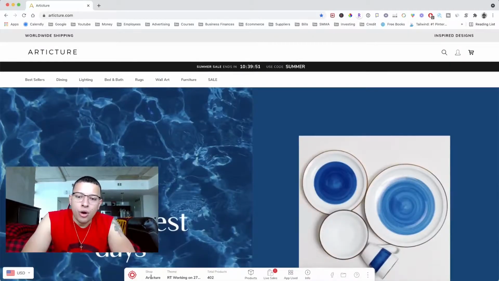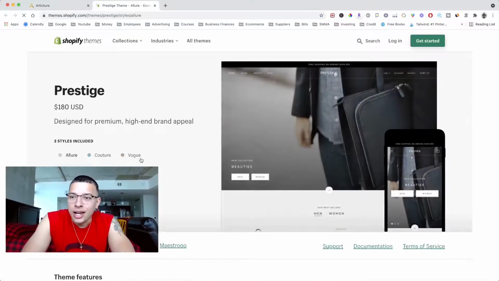So if you look at this bar, it's going to show you a number of different things. The first thing is the shop name, Aliexpress, nothing too crazy there. The next one is theme. This is the exact theme that this Shopify store has, which is RT working on 27th of April. I don't even know what that is, but anyways, you just click on it and it'll bring you to the